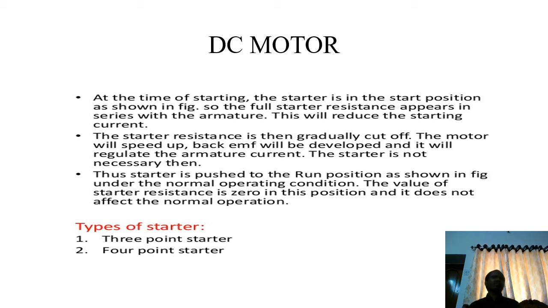These are the important points we discussed. You will learn next about the DC compound motor. To learn the DC compound motor, you must know the DC series motor and DC shunt motor and their characteristics. There are three important characteristics you can draw for the DC series motor or the DC shunt motor. One is armature torque versus armature current. Second is speed versus armature current. Third is speed versus torque. These three are important characteristics you can draw.